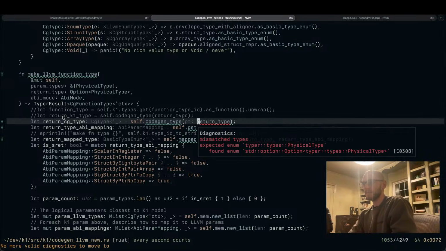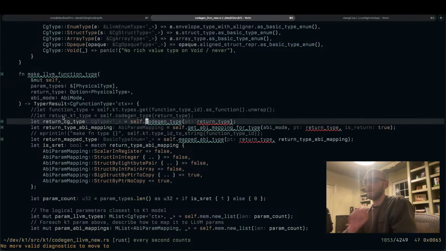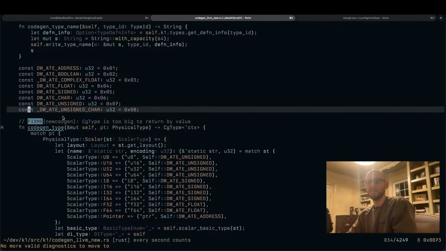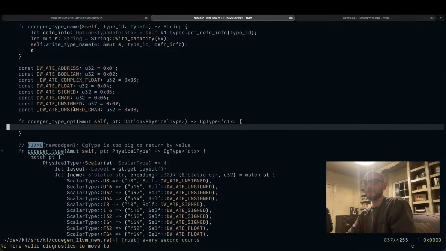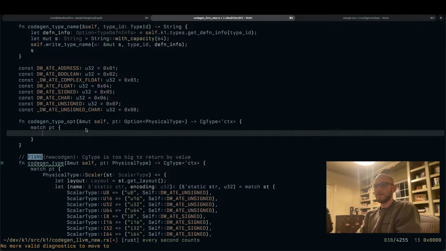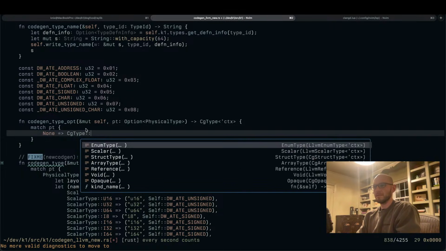Now my problem is I want a version of this for now. So I'm gonna do something I really hate, but it's fine because I'm not gonna keep it. I don't have enough mental clarity over what the right thing to do here is, but if I don't move forward, I won't get it. So I'm just gonna do this version where if it's none, then I'll do my CG void